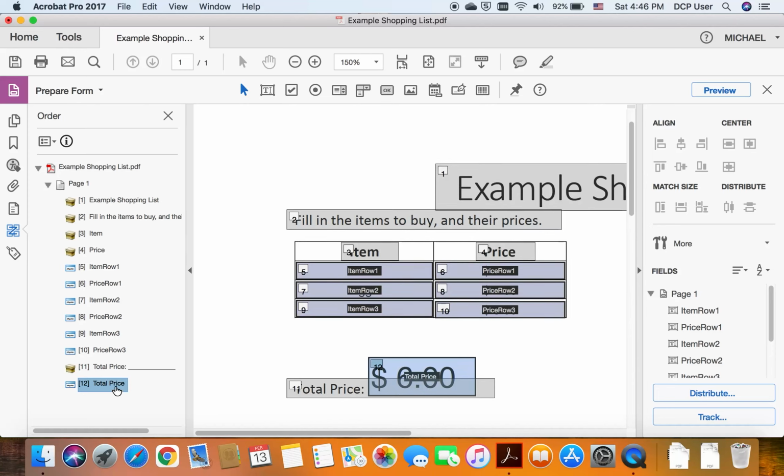Cool. So, of course, the issue might come up: what if the form fields seem to be in a strange order? Like, let's say I find the order like this. My form field gets read, and then the prompt, the text by that field, gets read. And usually this isn't what you want. Usually you want the text that describes the field to come before the form field itself, so that if you're reading sequentially in order, you know what you're getting into, you know what you should be filling in. Even if you have the tooltip text helping you out, it's just nice to see the context of the document